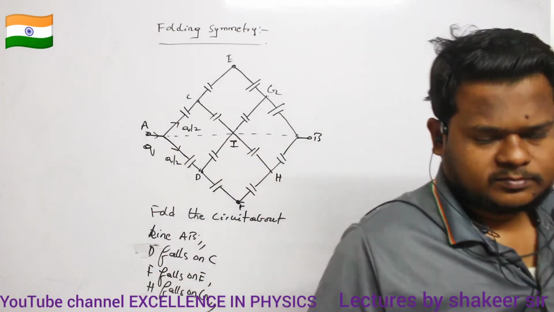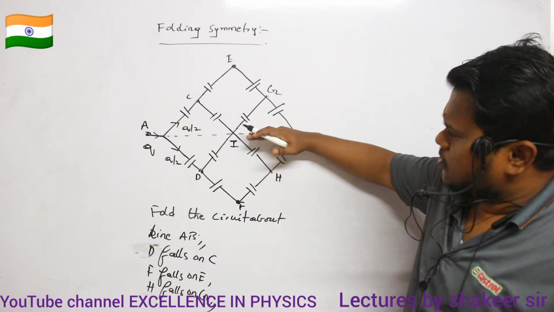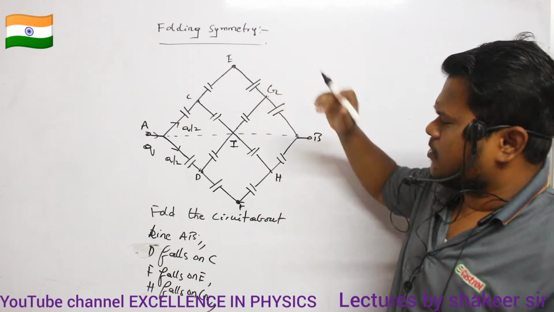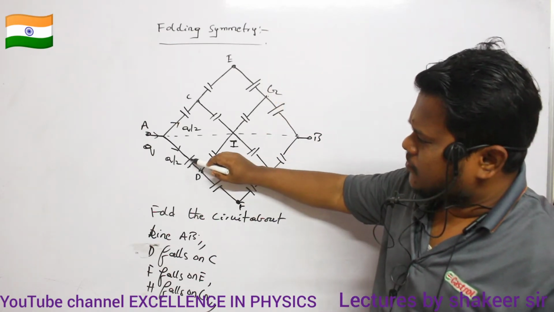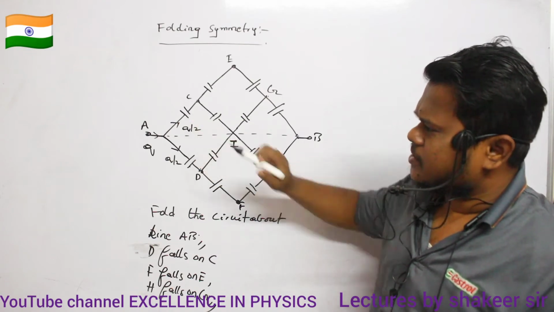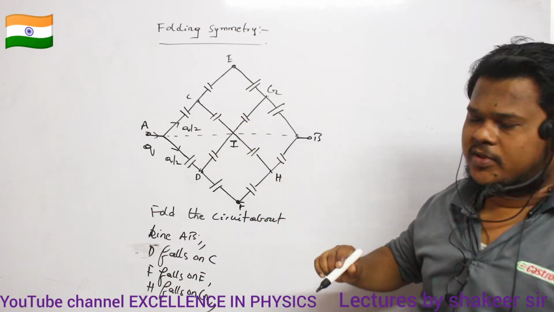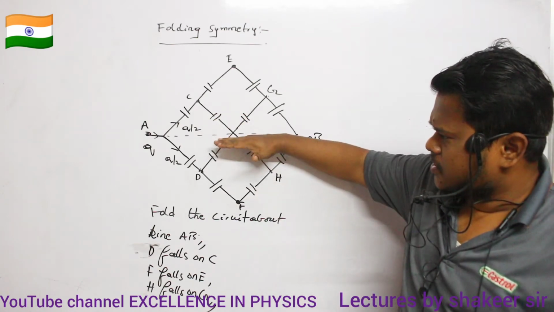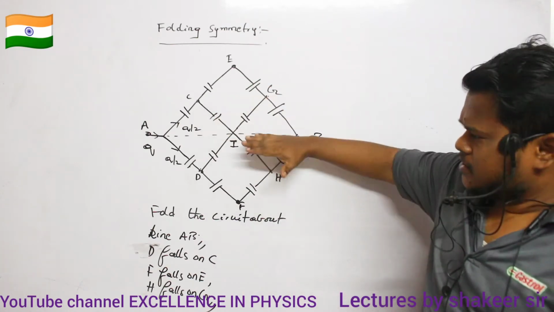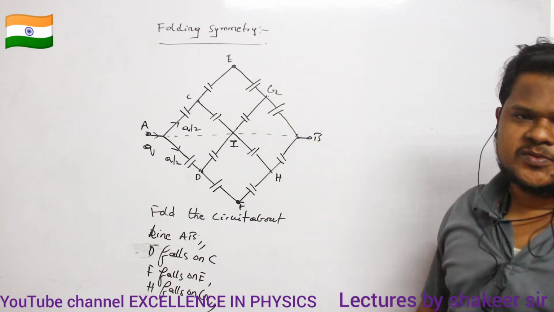Now, see, ma, if this total circuit goes and falls on the above circuit, then can you say what will be the arrangement of this capacitor and this capacitor? How will these capacitors be arranged? Are you able to understand? I am folding this bottom circuit and placing it on the above circuit. I am just totally removing this one, placing it on the above circuit.